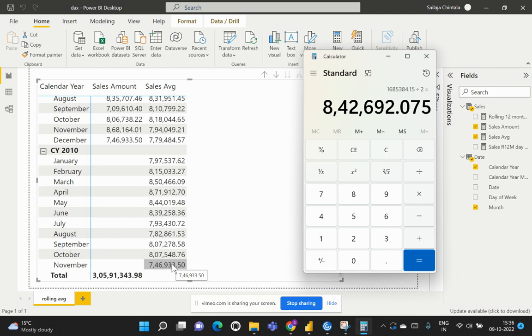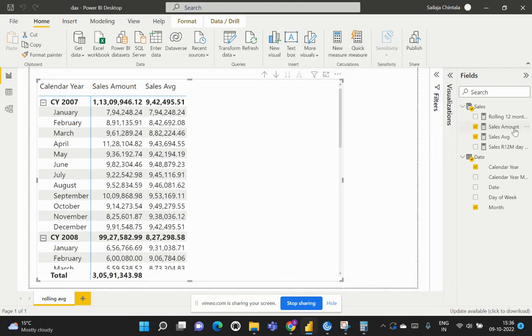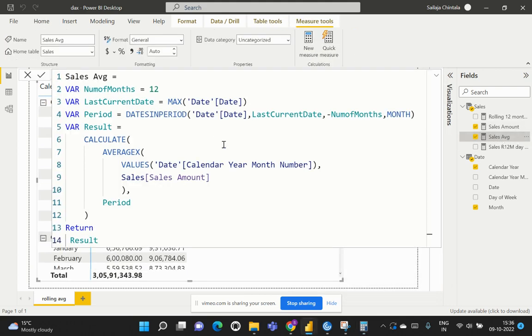So how can we exclude that particular period, right? So let us go back to the calculation and remove that period. Okay, so in order to remove that, we can simply say return,